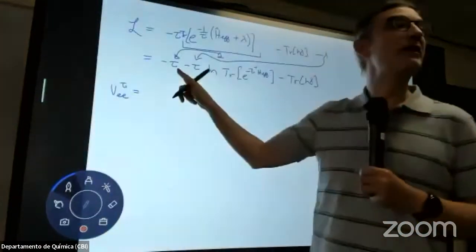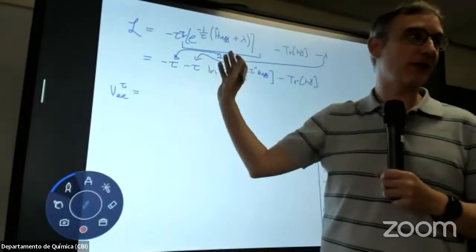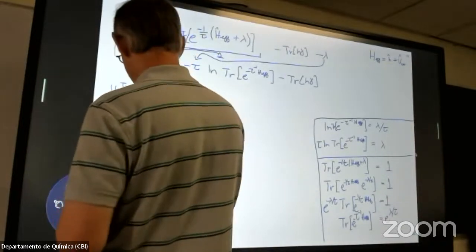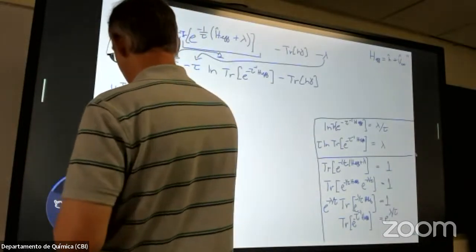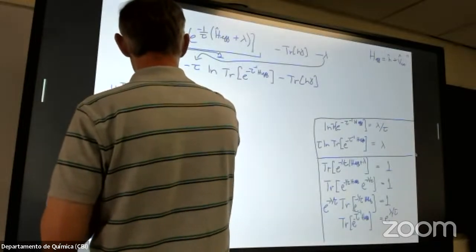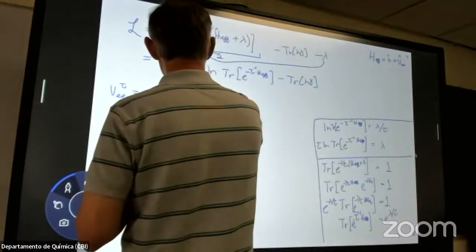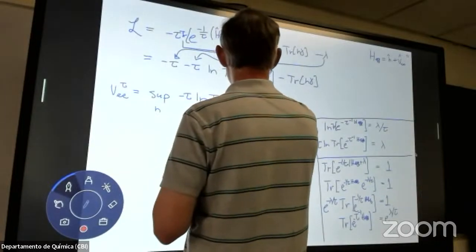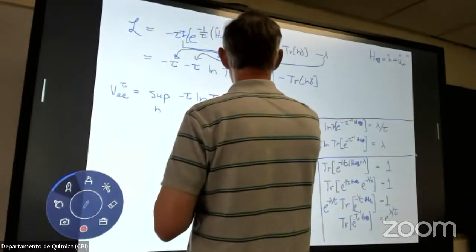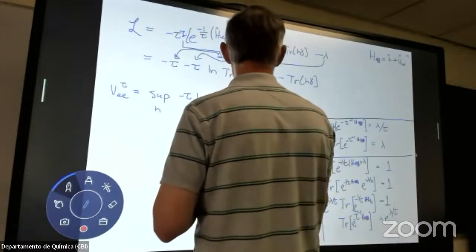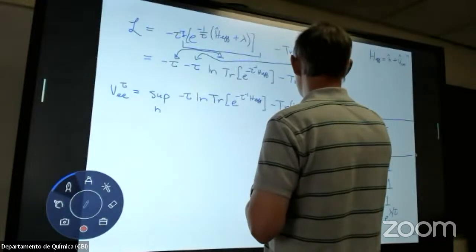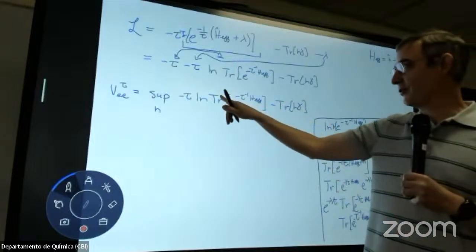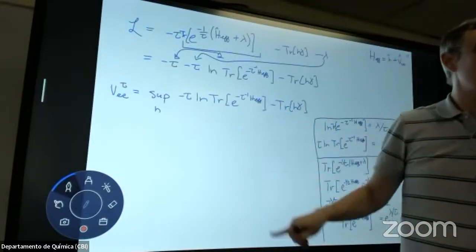And I've redefined this because I've dropped the constant term that I don't care about, is minus tau, well, it's the supremum over h of minus tau log trace e to the minus tau to the minus 1 h effective minus trace of gamma. And for those of you who are more familiar with thermodynamics, you'll immediately recognize that this